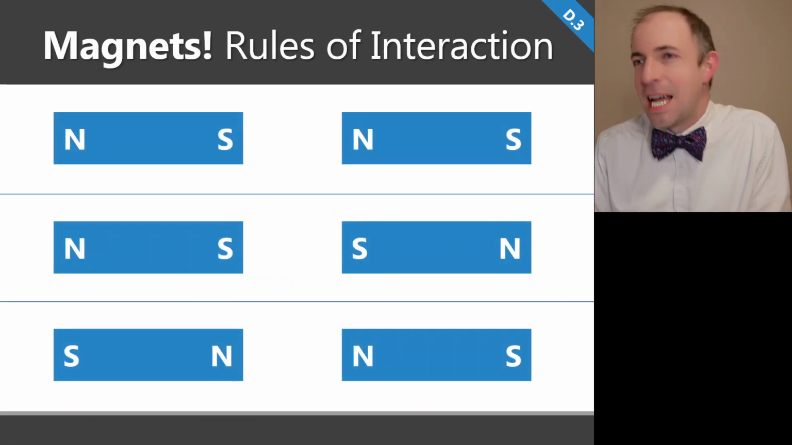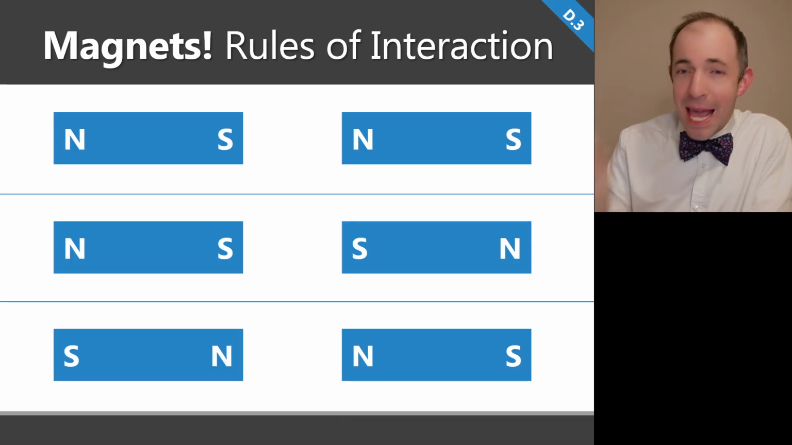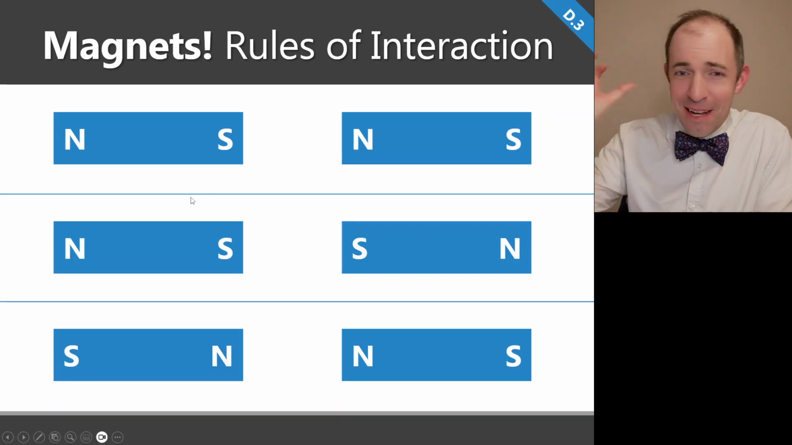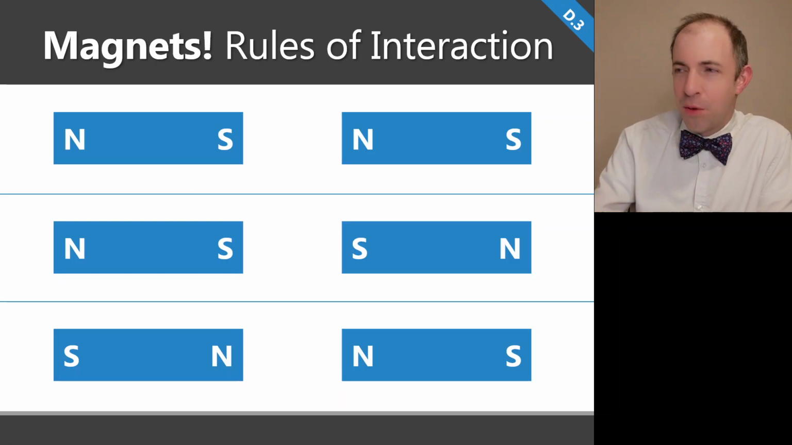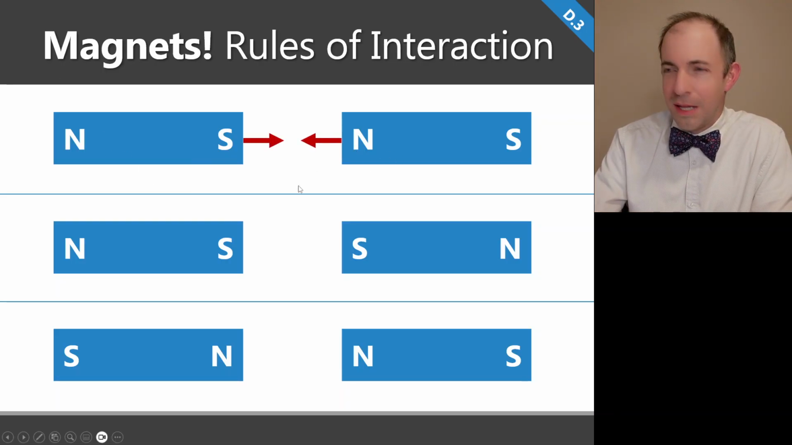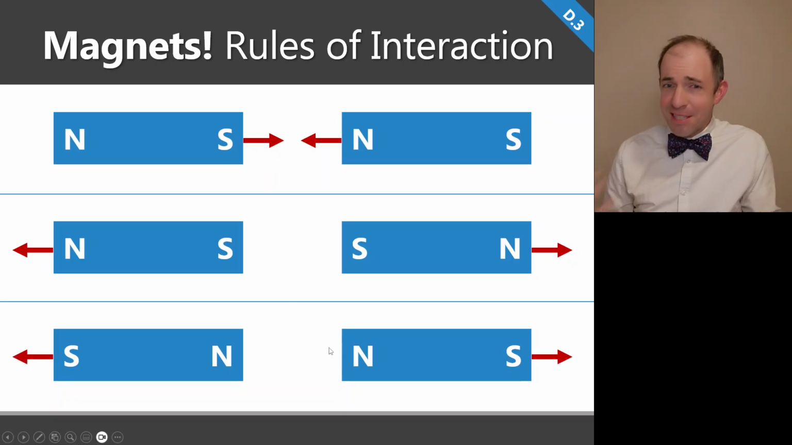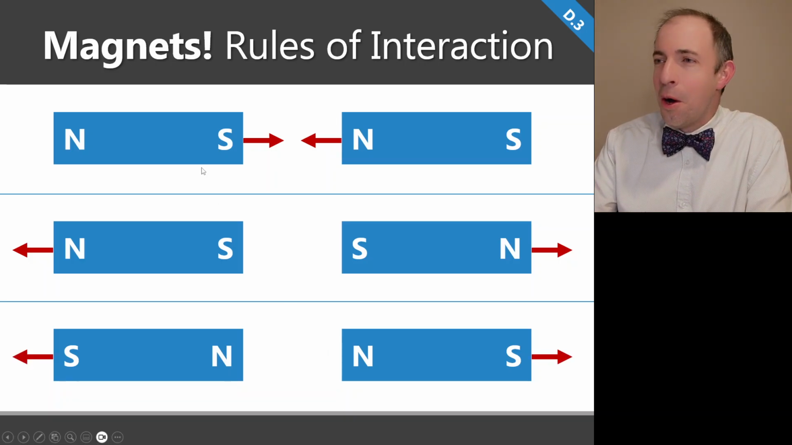All right, last type of force. Let's look at magnets. Magnets have their own way that we're going to describe the direction. You may remember as a kid that magnets have a north and a south pole. A south and a north pole will attract each other, but two south poles will repel, two north poles will repel. So very similar to positive and negative charges, only this time